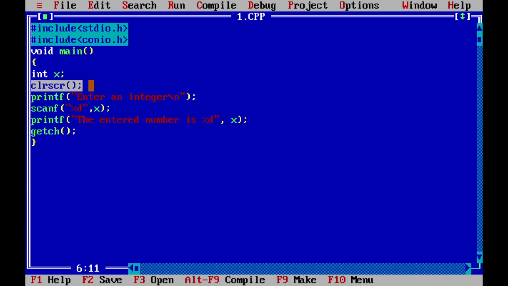Then comes one library function called clrscr, clear screen. This is used to keep the output screen cleared, empty or vacant in the beginning, so that whatever output is generated by this program is visible on the output screen. Clear screen is the inbuilt function which is available because we have included conio.h here. Then comes